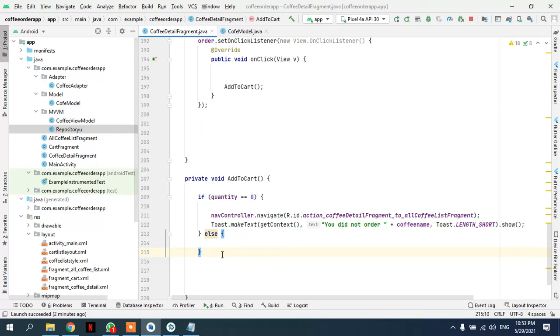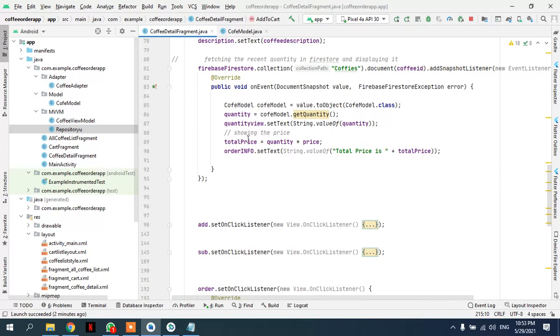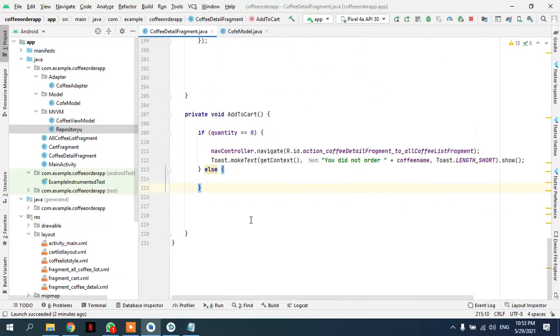Just hold on guys. Okay, if the quantity is not 0, then what happens is we send the total price and everything to the cart, right? So that I will implement later, but I just want to show you guys this,